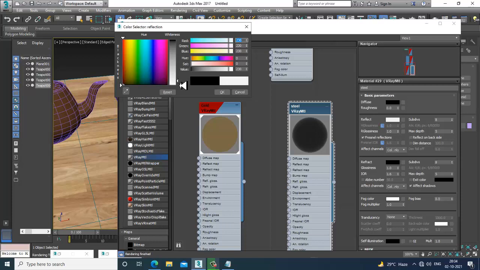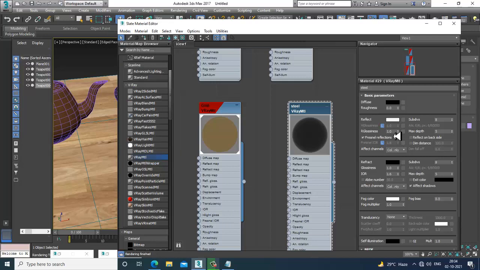If you push it more towards the white, definitely it is going to be more reflective over here. Our glossiness, I'm going to keep it around 0.7 or 0.8.